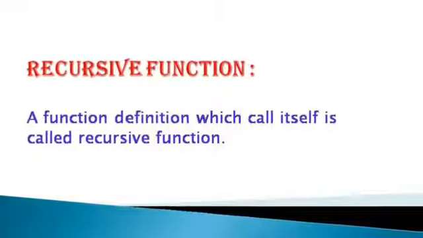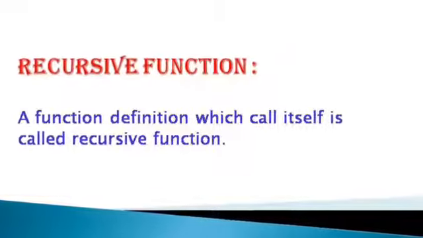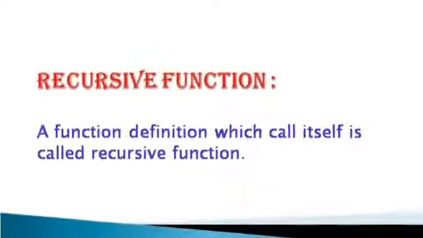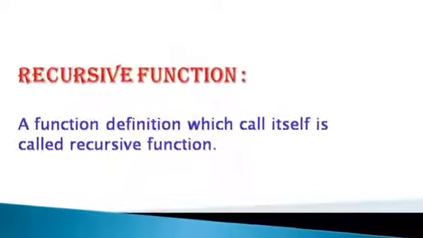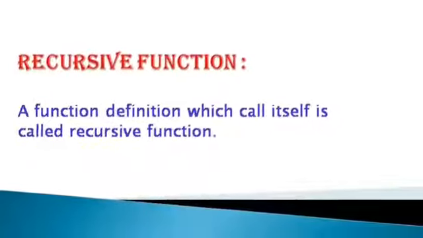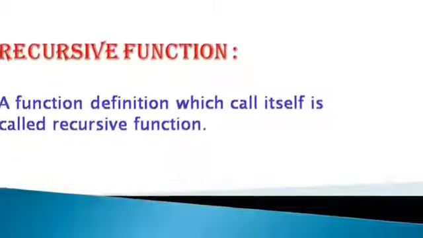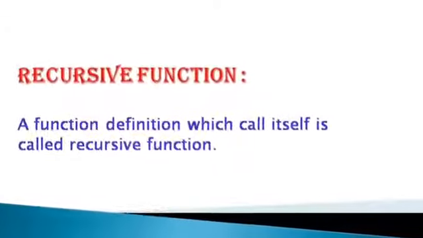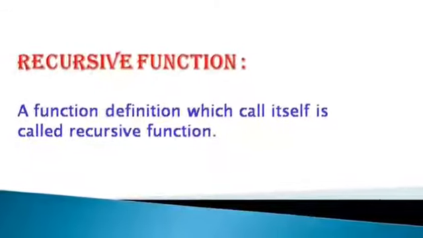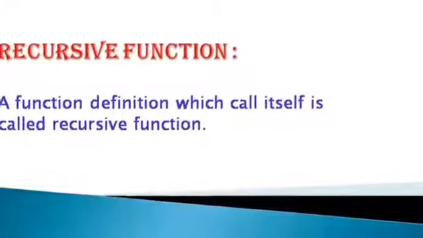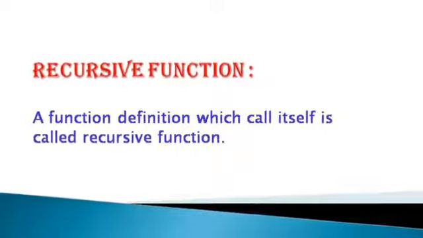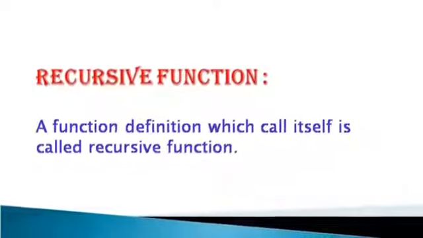Now we will see what a recursive function is. When a function calls itself, it is called recursion. Recursion works like a loop, but sometimes it makes more sense to use recursion than a loop. A recursive function is called by some external code. If the base condition is met, then the program gives a meaningful output. Otherwise, the function does some required processing and calls itself to continue recursion.